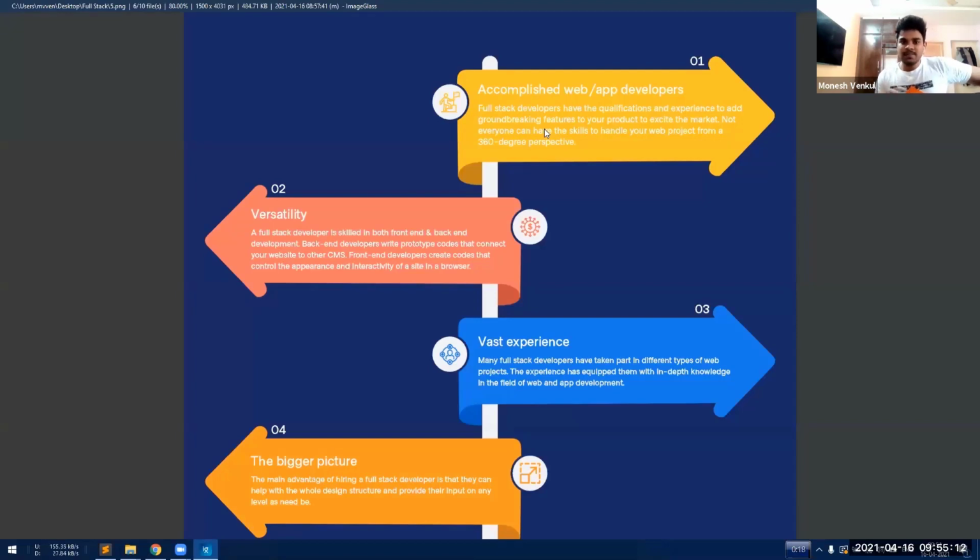And the advantage of being a full stack developer is you can be a web developer and an app developer at the same time. If you're good at being a web developer, by writing a simple code, there is a simple procedure, you can convert your web application into an app application. For example, Zomato started as an app application, but then they converted into a web application also. You can be both. That is the main advantage of being a full stack developer.